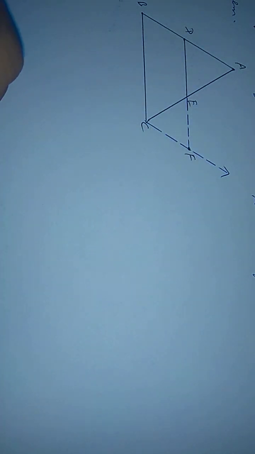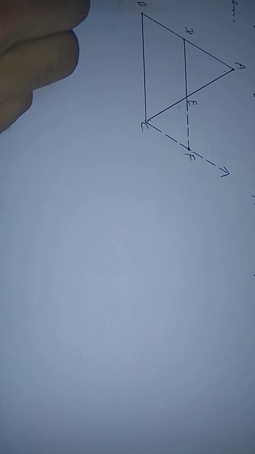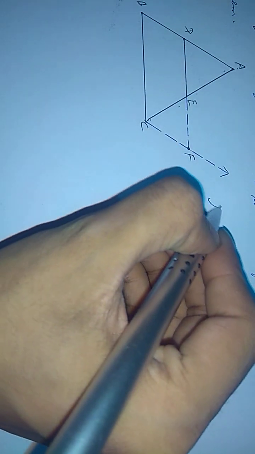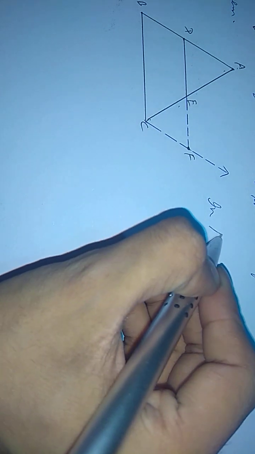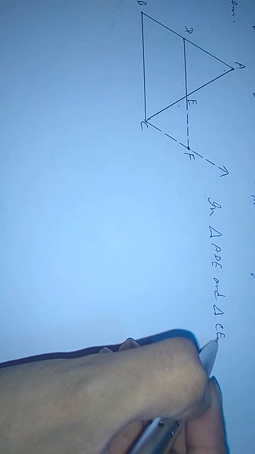Point F. Okay, so now we can see that we have triangle ADE and triangle CEF. Let's prove them congruent. So in triangle ADE and triangle CEF,